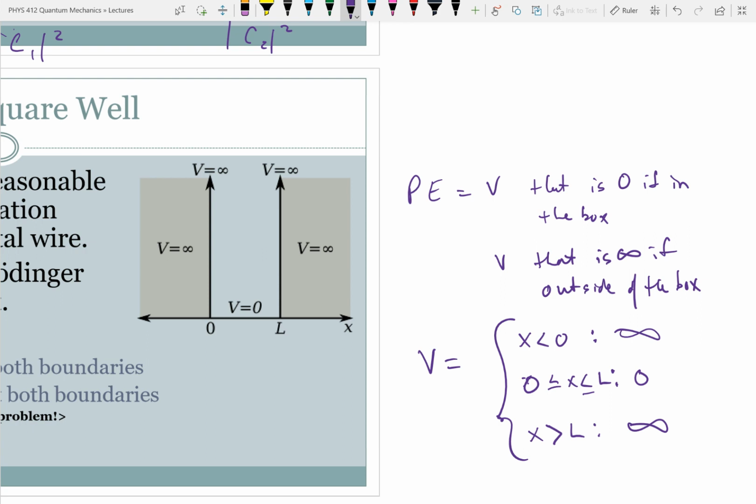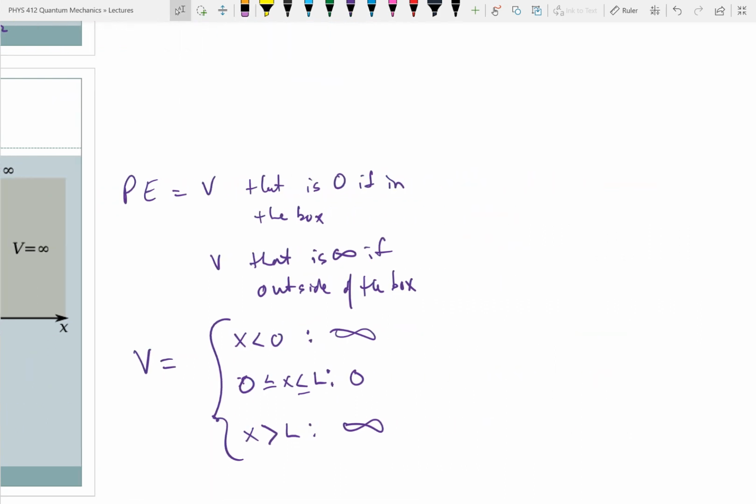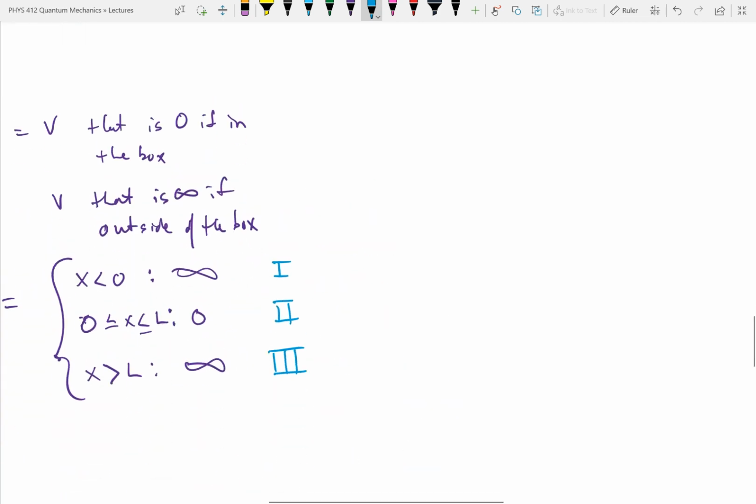So we've clearly defined the 3 regions, and now we're going to find a wave function in each of these 3 regions. So I'm going to name these region 1, region 2, and region 3 to make life easy. So in region 1,